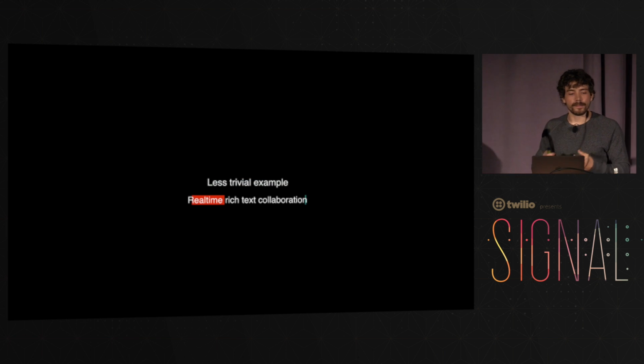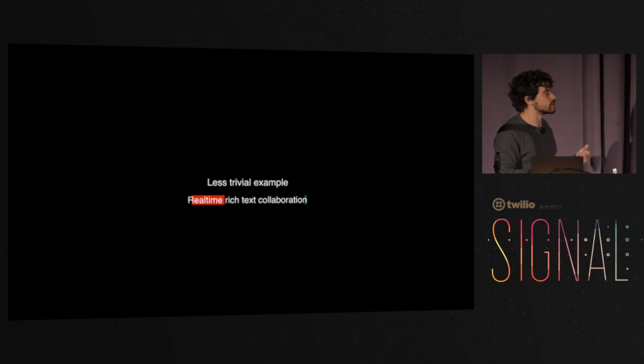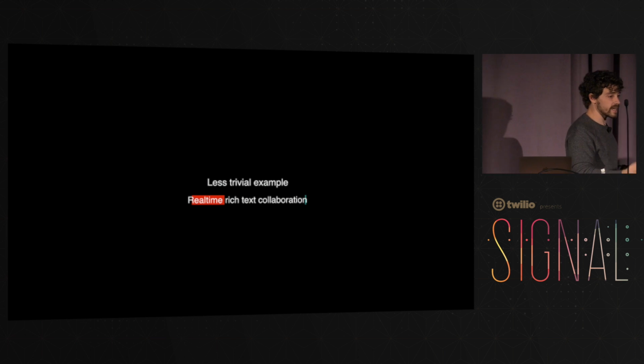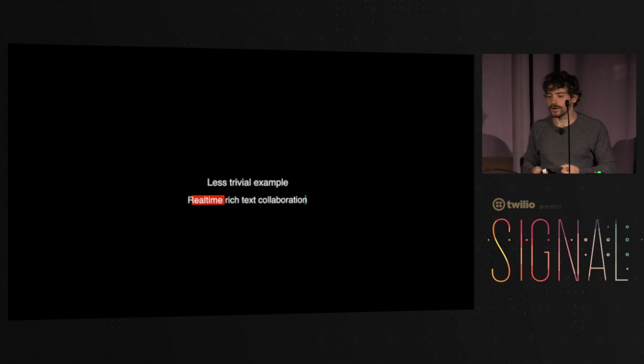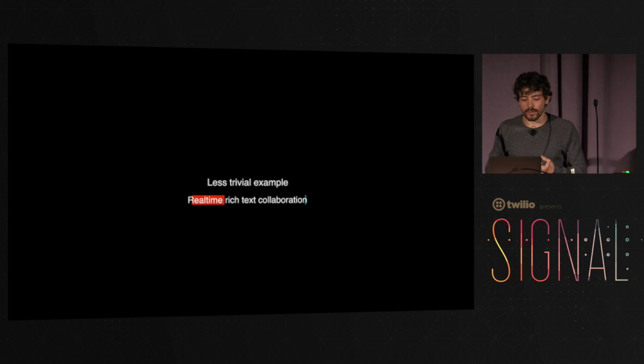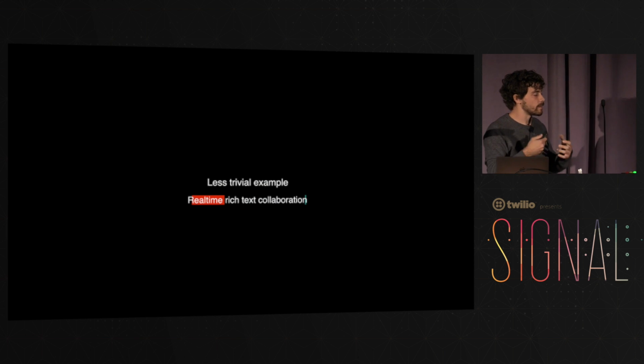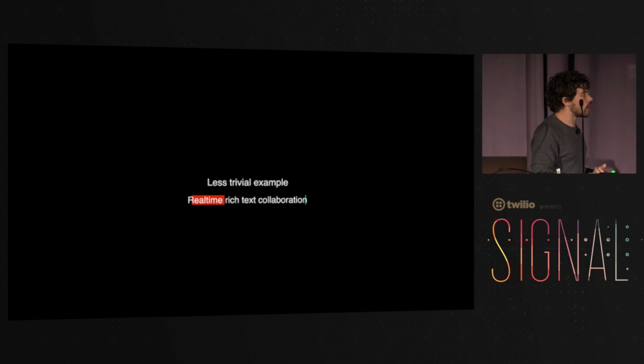Another example, maybe less trivial, that is helpful to think about is real-time text collaboration. So when it comes down to implementing a system like Google Docs or,